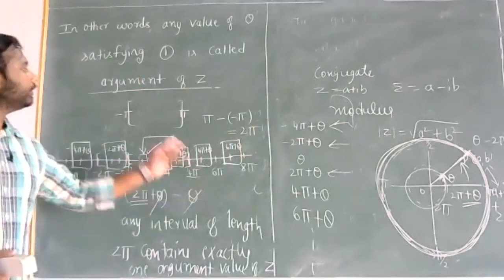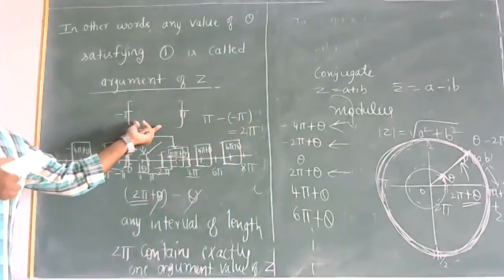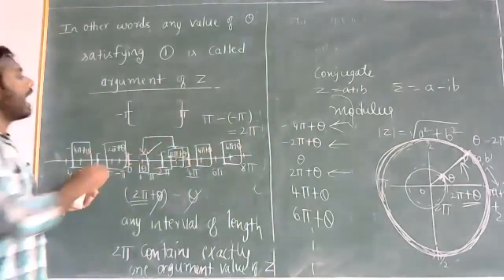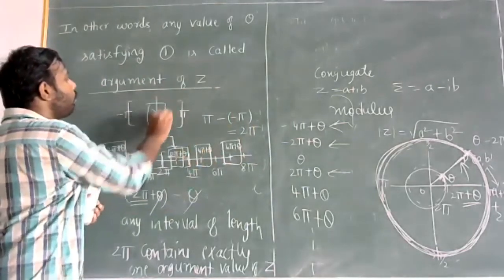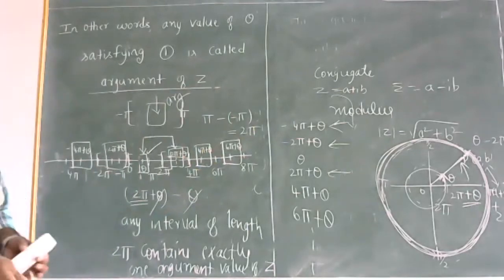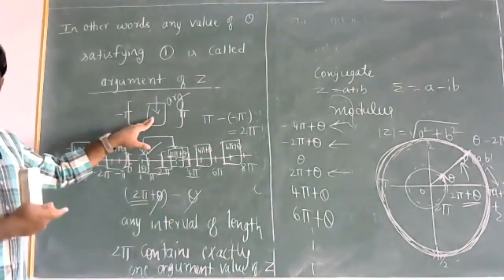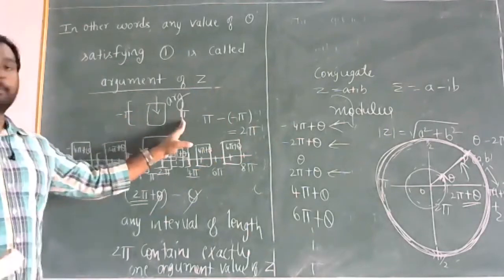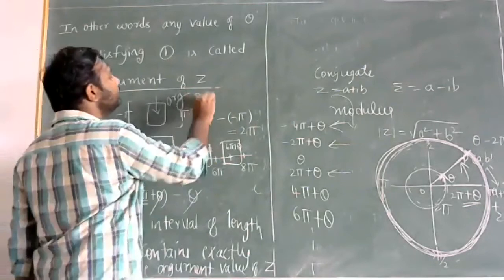So by this observation, this interval of length 2 pi should also have exactly one argument value. And that unique argument value lying between minus pi and pi is called the principal